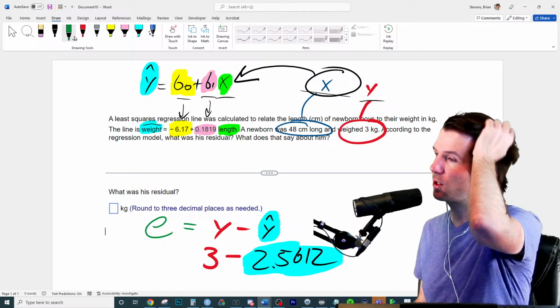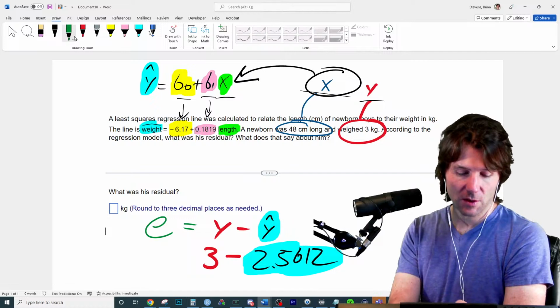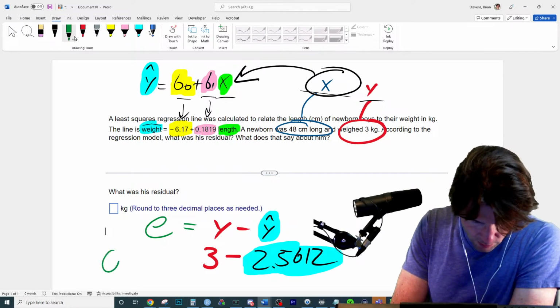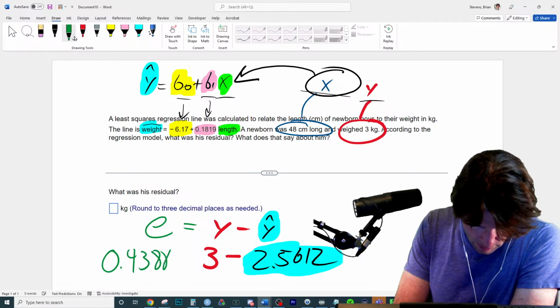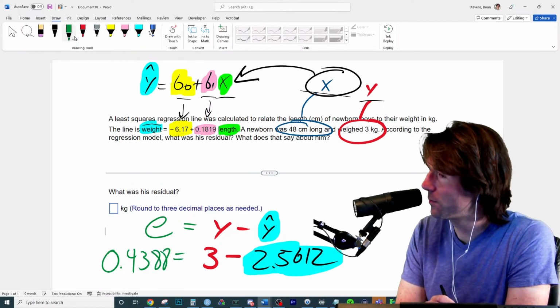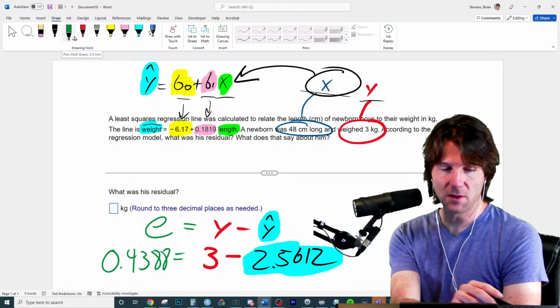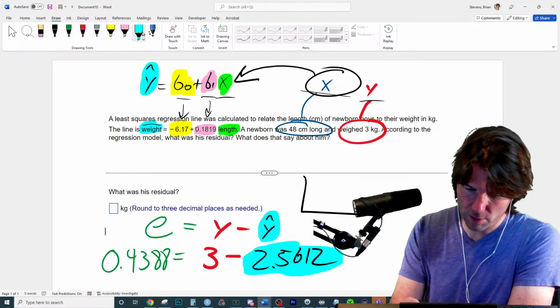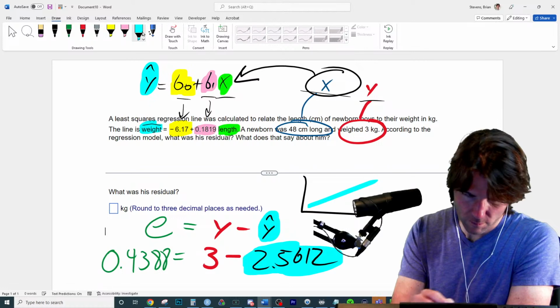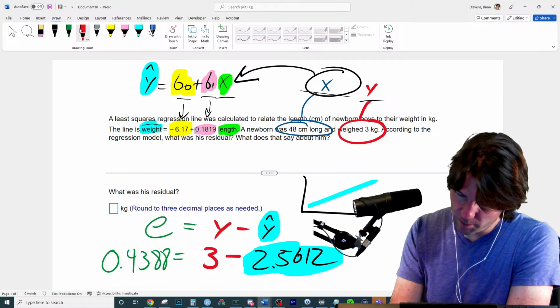And think what that means too. So the residual should be 0.4388, I think. Is that right? It's positive. So that means this baby, the prediction, we'll do it in blue right here. That means this baby,